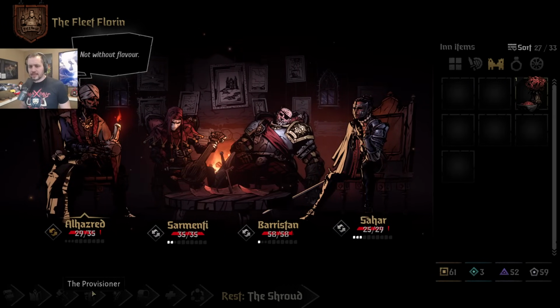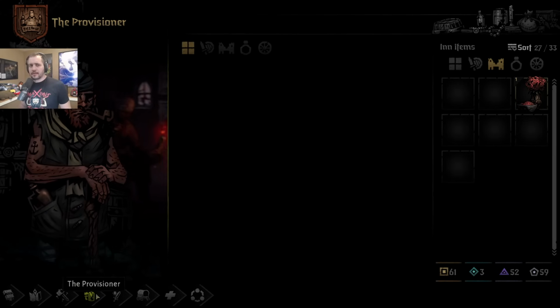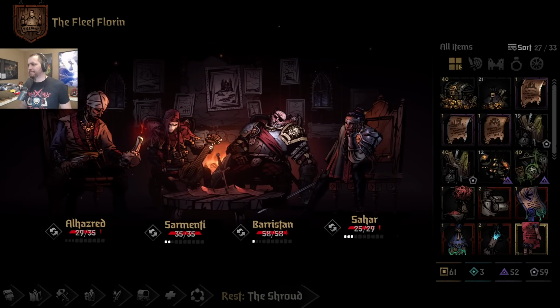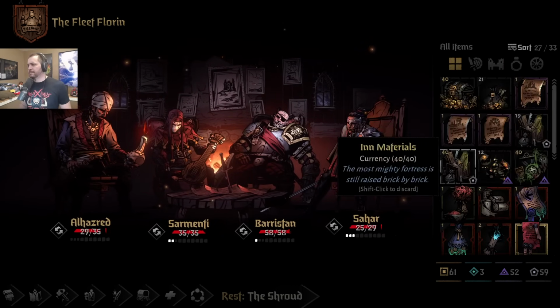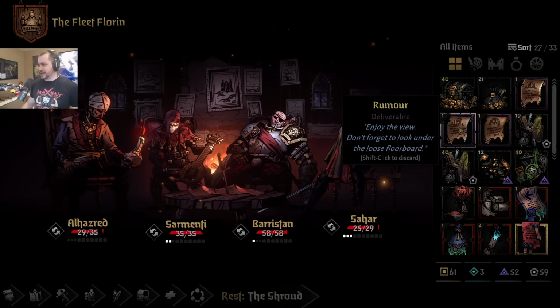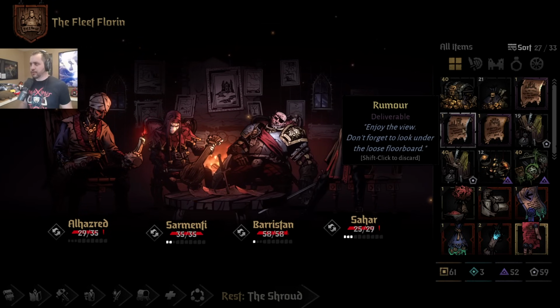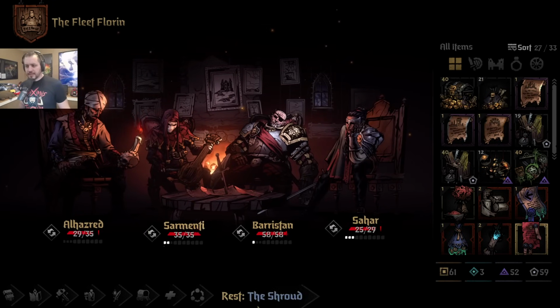Oh man, that's really unfortunate that they're still unfriendly here. Damn. Okay. Okay. That'll have to do. So we're off to the Shroud again, which means we absolutely want to try to find a watchtower here to possibly cash in on our rumor. So if we see one on the map,